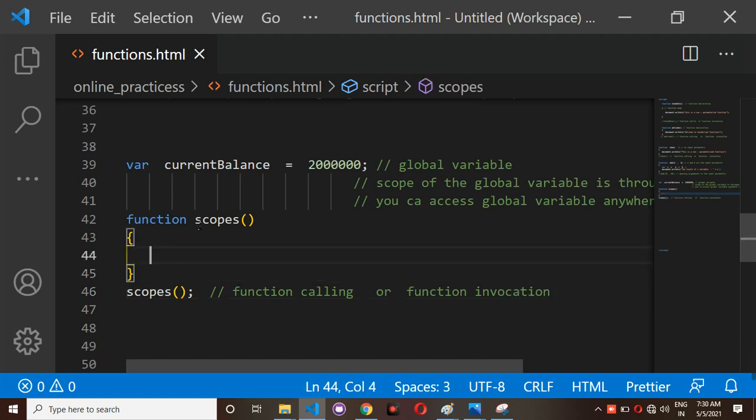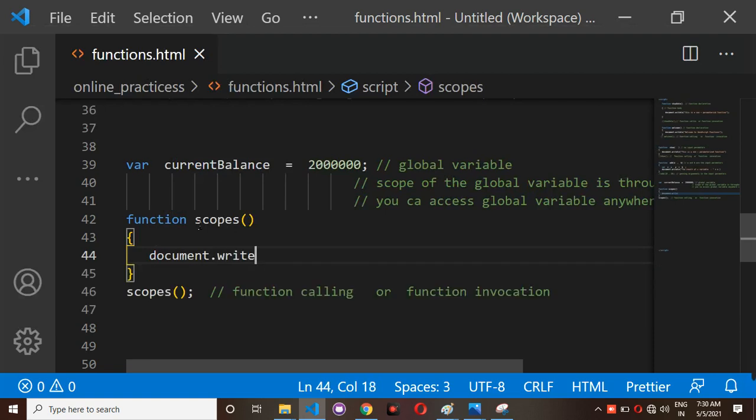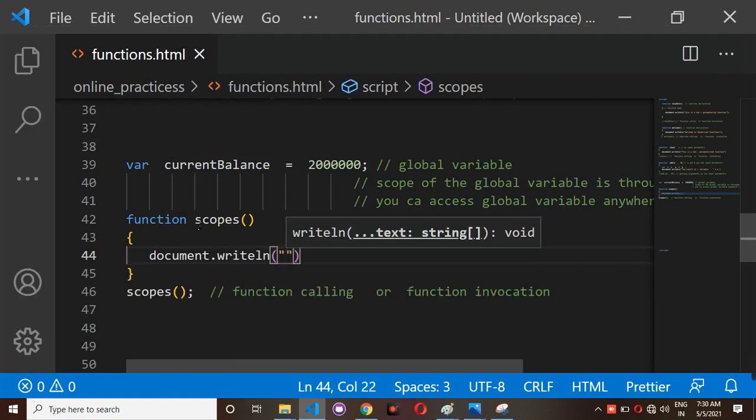And inside this one I have one more thing, for example, document.writeln, and inside document.writeln I have something like "this is I'm writing inside function."